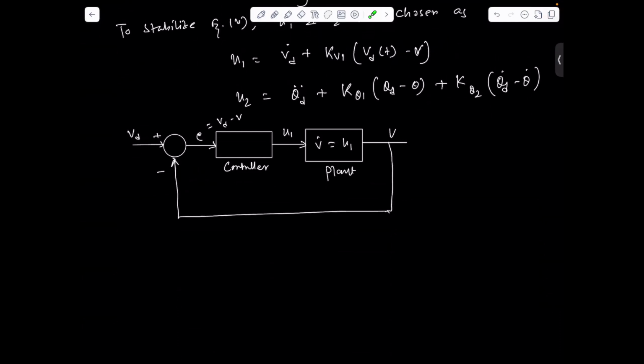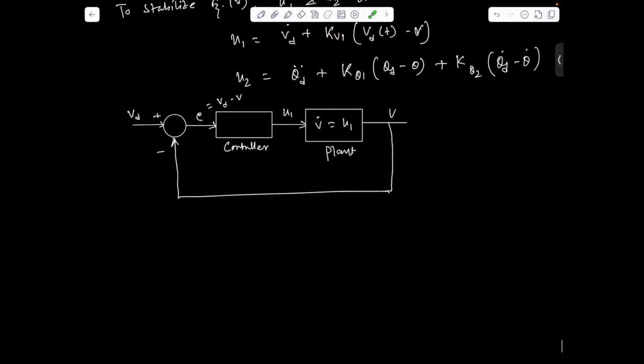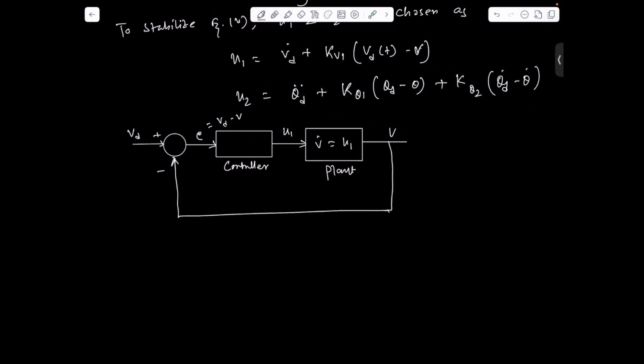Here, basically, we have used PD control, and here we have used proportional control, because we have only one state and one derivative part, so that's why this part is coming. Here we are going to a second order system, and we are using the double dot of the desired dynamics of theta d. This is the proportional part, and this is the derivative part. So this is how we can come up with linear controls for tracking our time varying desired values. Okay, so now we can go back to our problem.